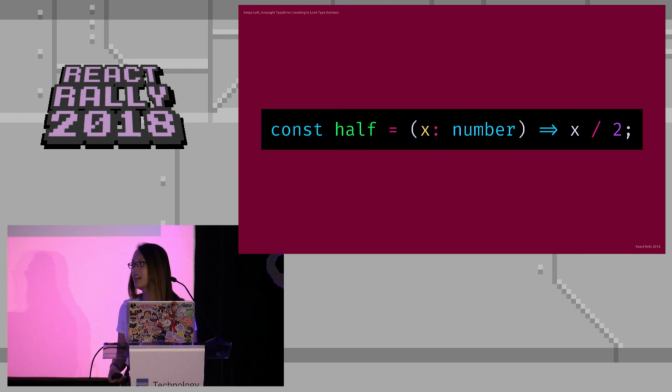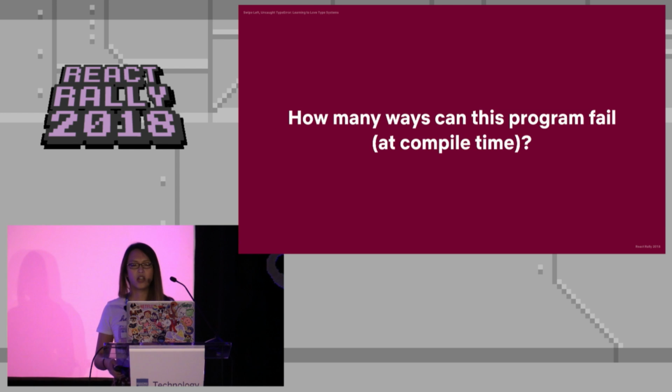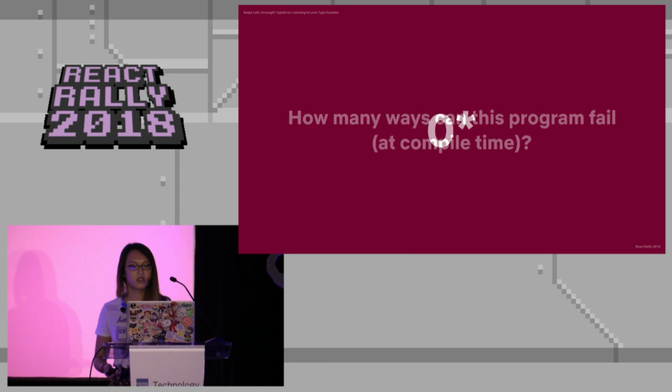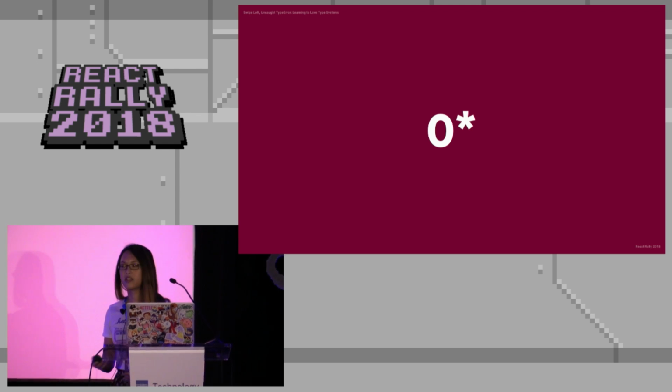Now using TypeScript, let's add the simplest type annotation to drastically constrain the function down to only accepting one set of types. And now x can only be a number, and the compiler will yell at me if I pass in anything else. Now if you try running this function with every single number possible in JavaScript, in theory, none of them should cause an error, at least at compile time, and assuming you have typed your program correctly. But in most cases, this function is what we call total.